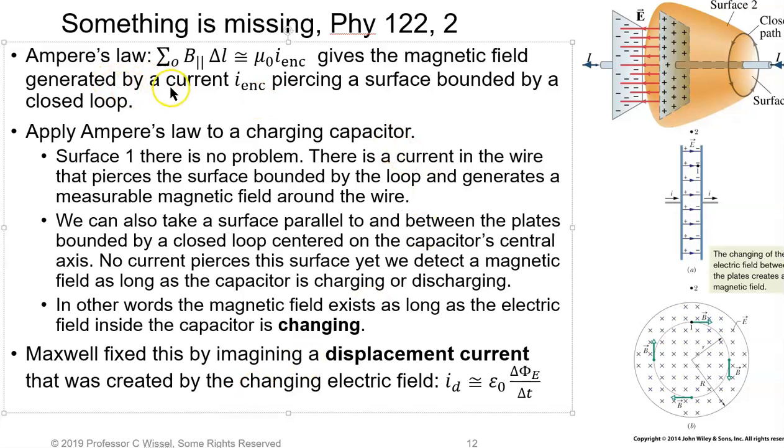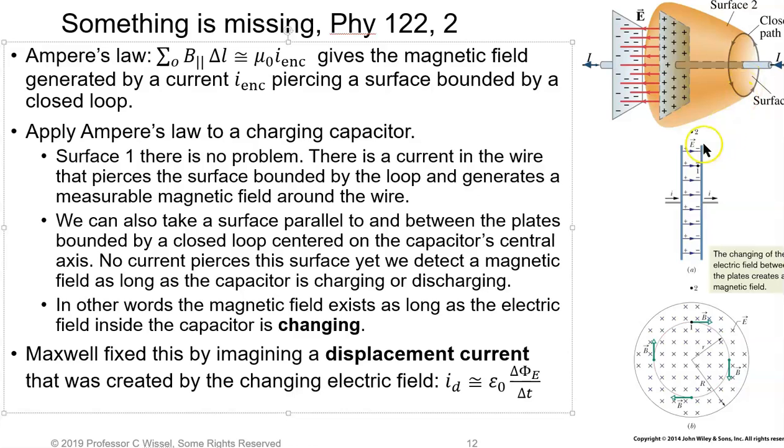He knew Ampere's law, which is the sum of B parallel delta L approximately equal to mu naught I enclosed, gives a magnetic field generated by a current I enclosed that's piercing a surface bounded by a closed loop. So we're going to apply Ampere's law to a charging capacitor. For surface 1 here, there's no problem. There's a current in the wire that pierces the surface bounded by the loop and generates a measurable magnetic field